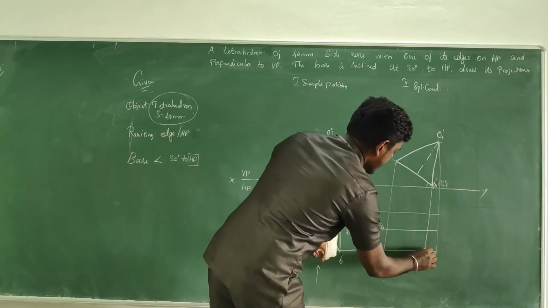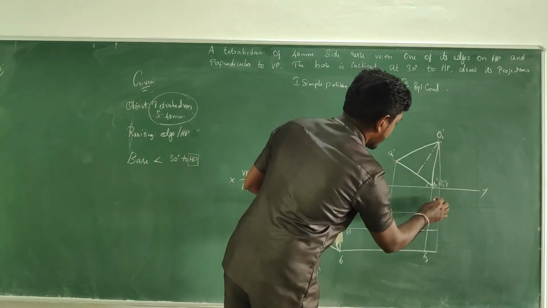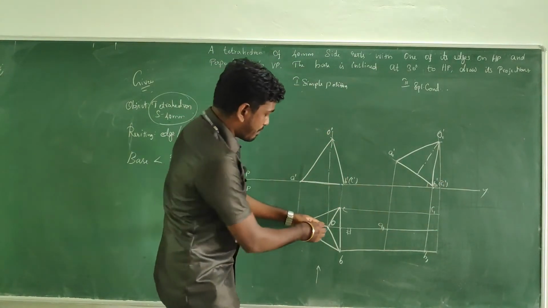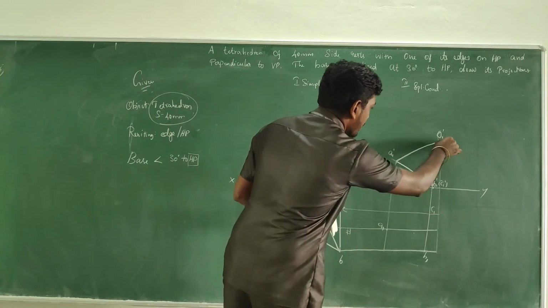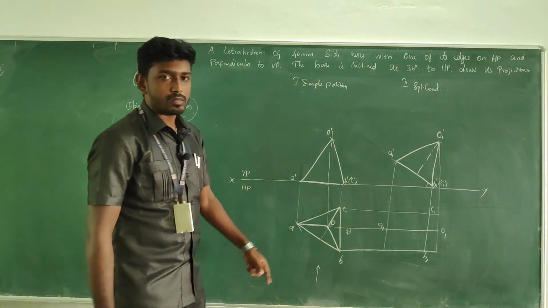A is here, meeting at this particular place, so A1. B, horizontal and vertical, which is B1. Where is C? Horizontal and vertical, here it is, right? So this would be C1. O, the apex, horizontal and vertical, so this would be O1.